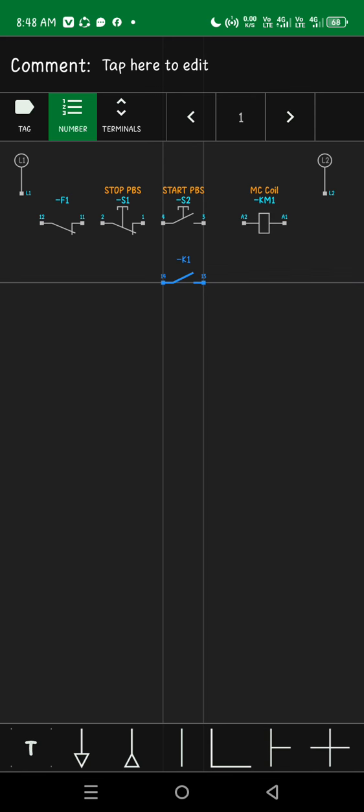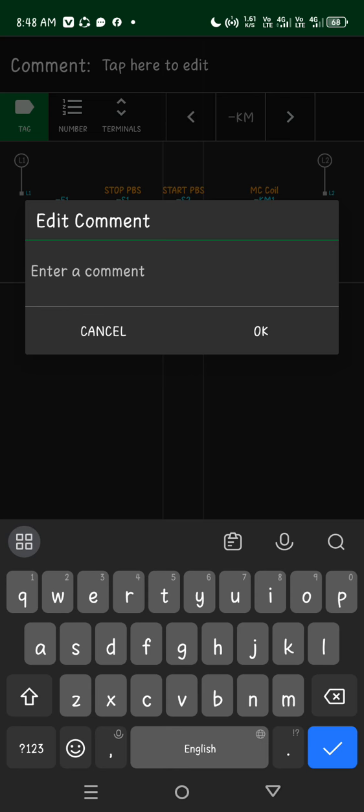So click tag, then select key M. Then we need to tap here to edit and rename it into magnetic contactor normally open.